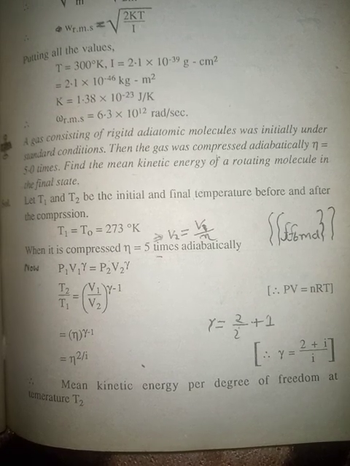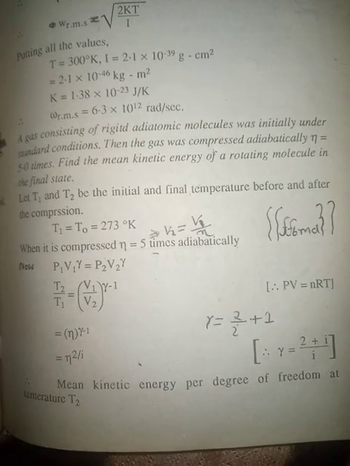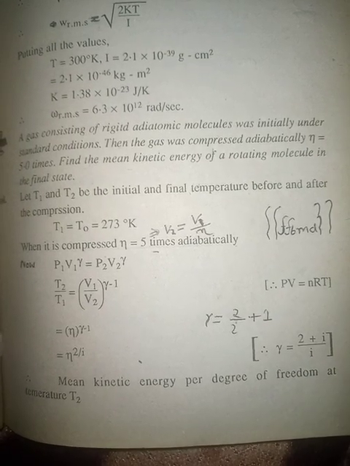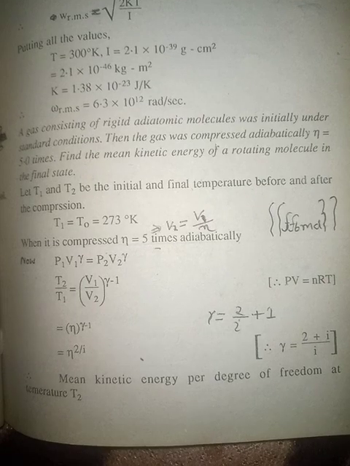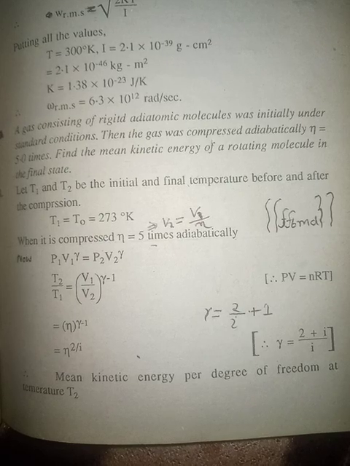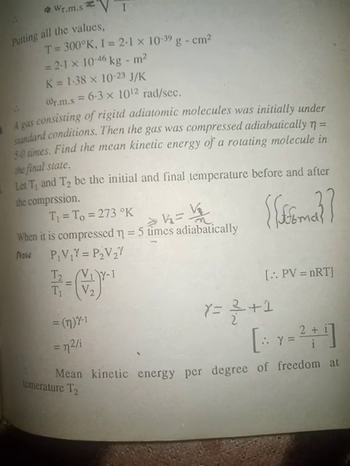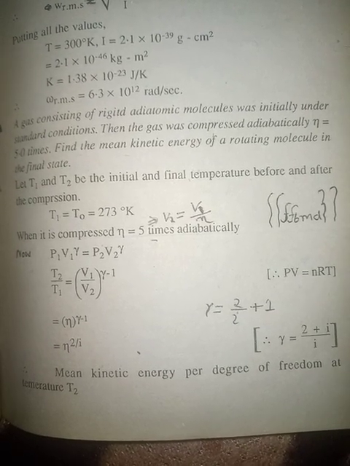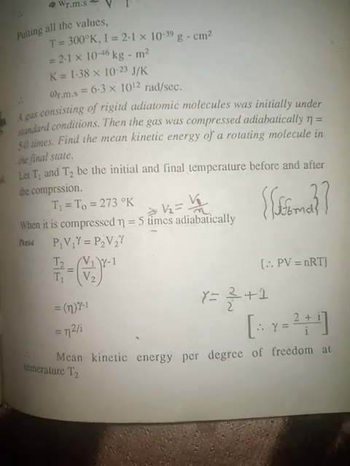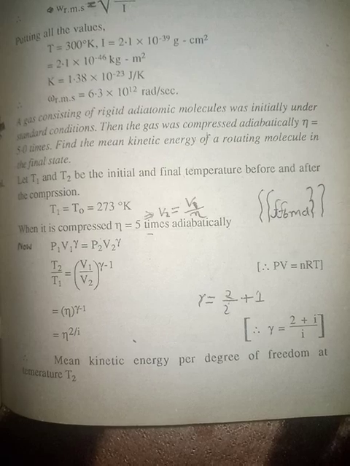Let T1 and T2 be the initial and final temperature before and after the compression. This implies T1 equals T naught equals 273 Kelvin. When it is compressed, eta equals 5 times. This implies V2 equals V1 by eta. Now P1 V1 to the power gamma equals P2 V2 to the power gamma, or T2 by T1 equals (V1 by V2) to the power gamma minus 1, since PV equals nRT. This equals eta to the power gamma minus 1 equals eta to the power 2 by I. Hence mean kinetic energy per degree of freedom at temperature T2 is